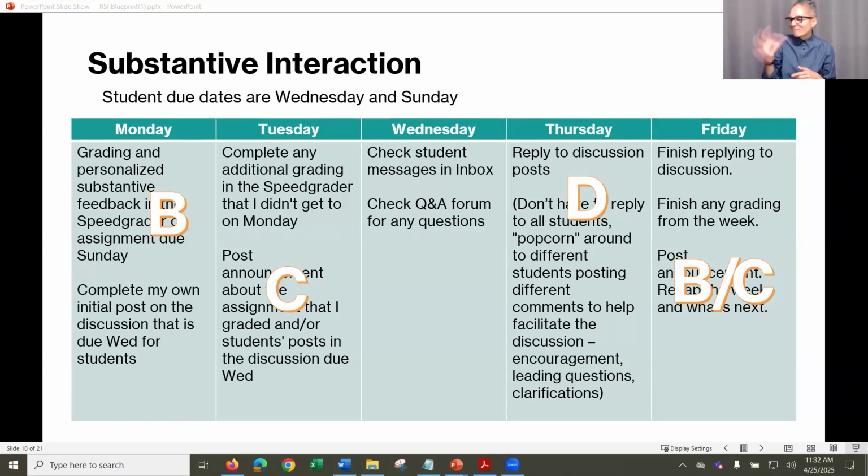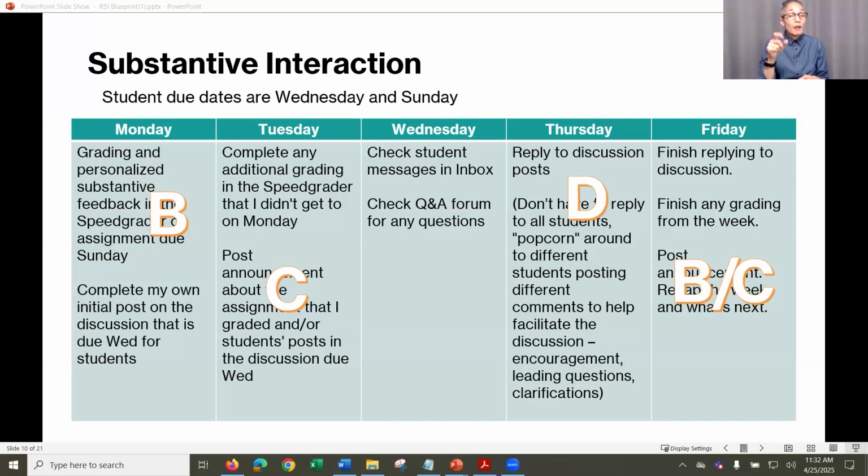So one strategy that a lot of faculty use is, maybe in the place of or in addition to popping into that discussion and replying here or there. So that is included in the facilitating of a discussion.